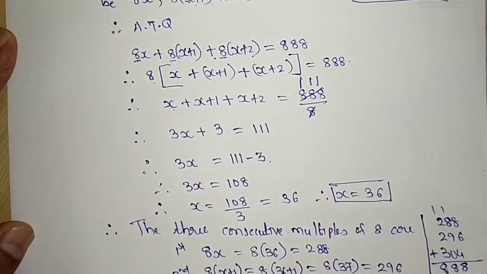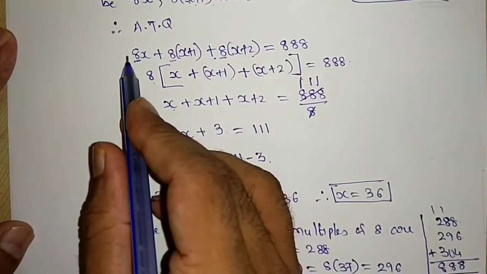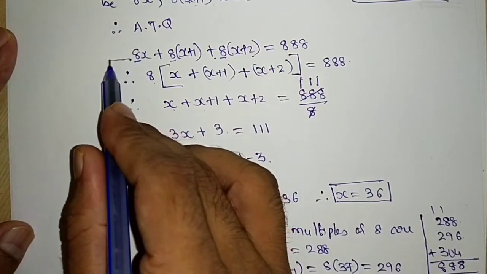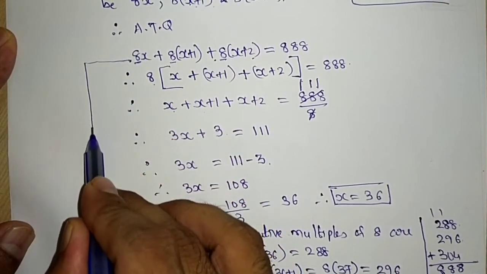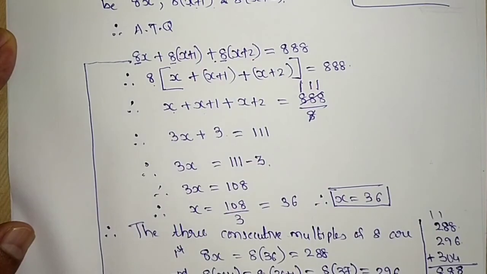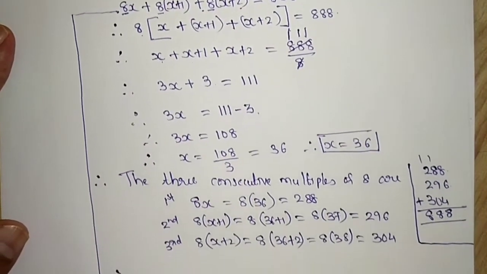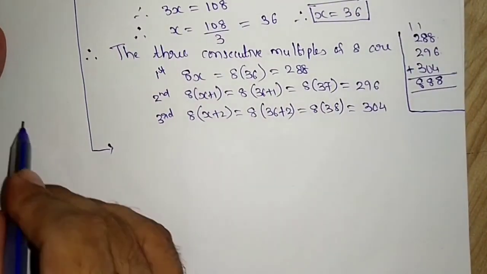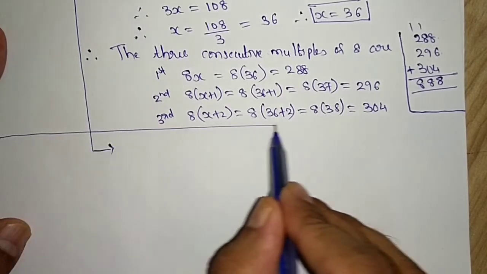Students, if you don't want to solve like this, if you don't want to take the common factor, you can also open up the bracket. Let us see. We will take this step. After this step, I am going down. I am taking the new way. It is up to you whether you want to solve likewise or the first way.